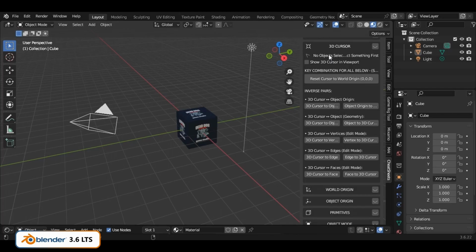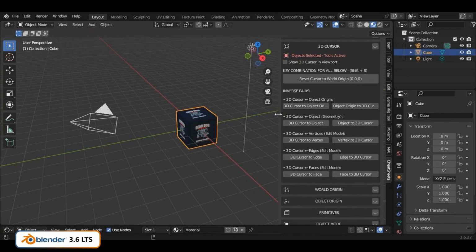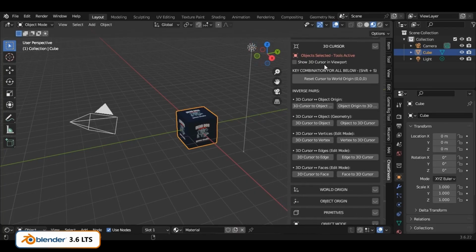First thing at the top is, as usual, on certain sections you'll always find that there is a specific indicator to show whether you've got something selected or not. So if you look up here, you click on something, it'll give you a visual cue that you've got something selected. You can't affect anything in Blender unless you've got something selected. So this is a very good reminder for the newbies. Another is, just below this,